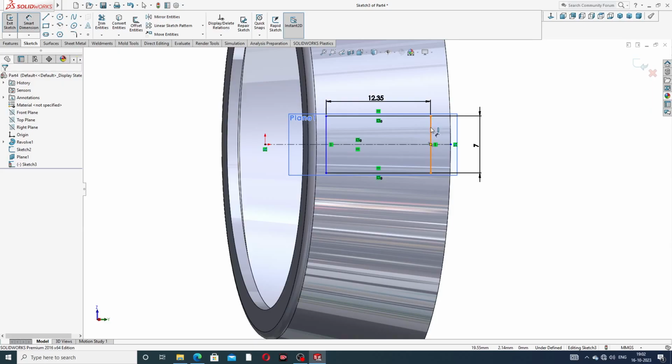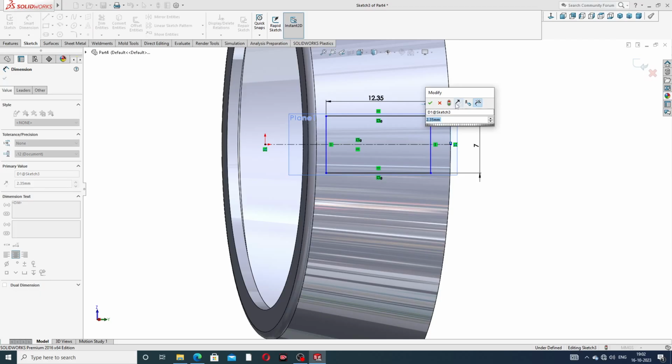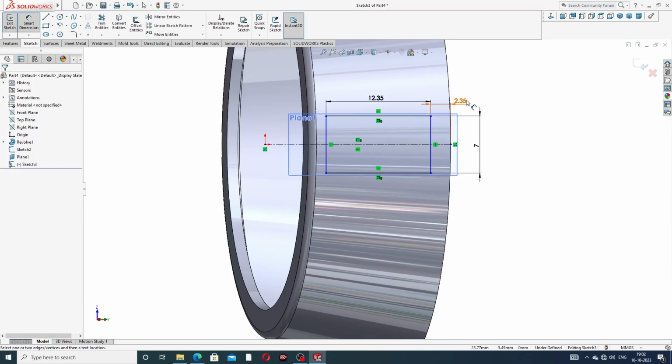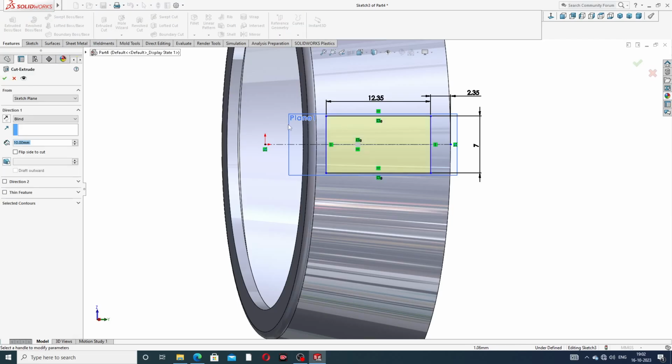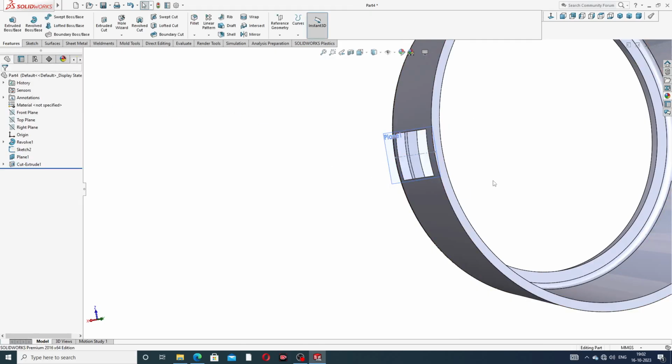Select this line to this point. Okay, and use an extrude cut. Extrude cut is 10 millimeter, is this okay,